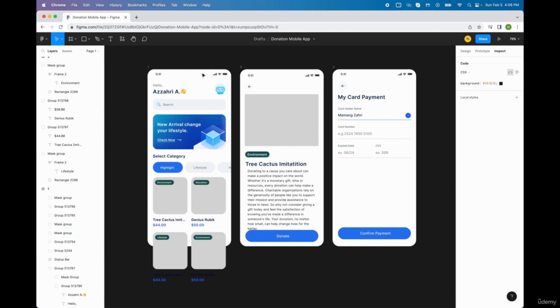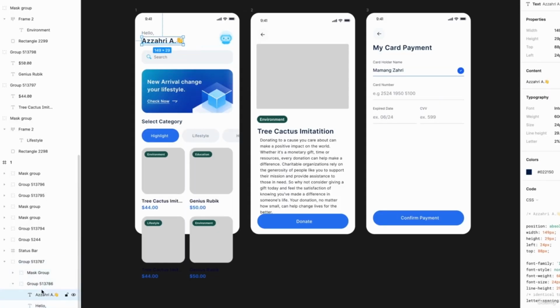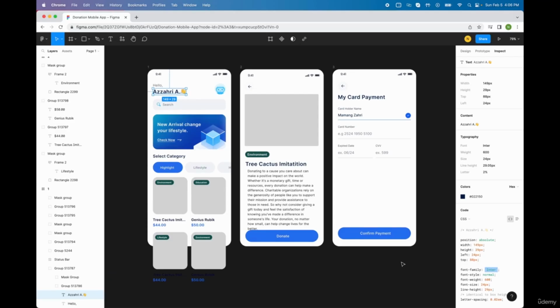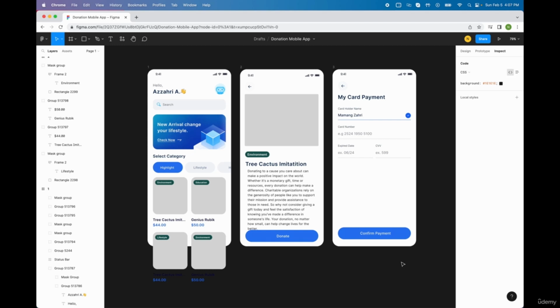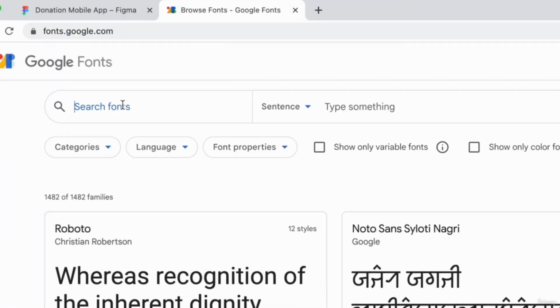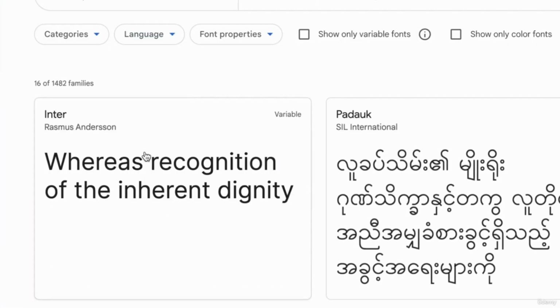I was observing the design of the Figma file that I have here, and I have discovered that they also use the Inter font family as we have used it in our last project. And I wanted to start off by installing it. For those people who have not installed the custom font Inter yet, you can just go to fonts.google.com, find Inter,